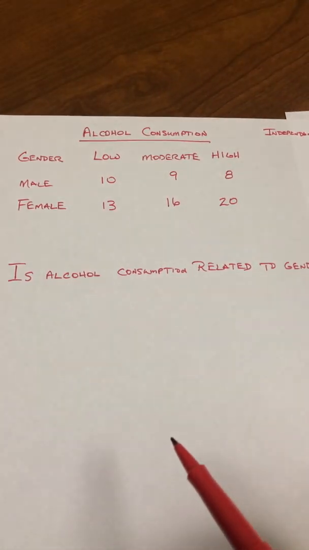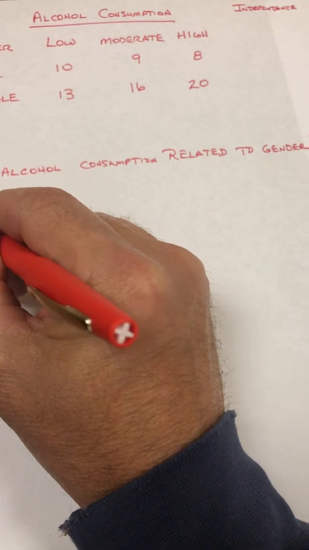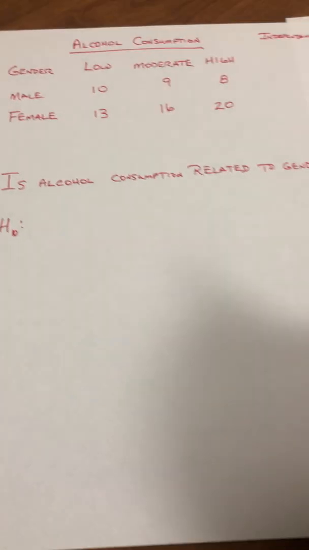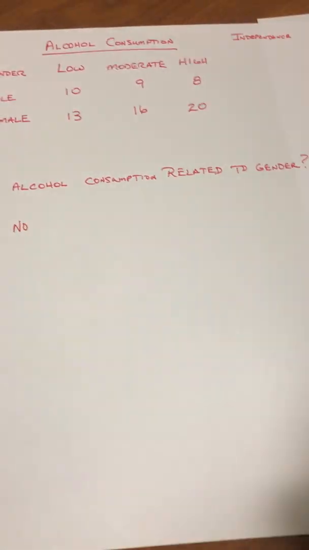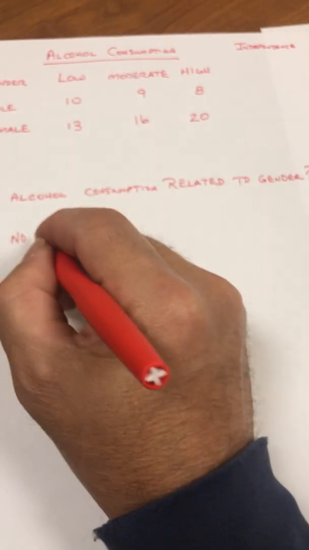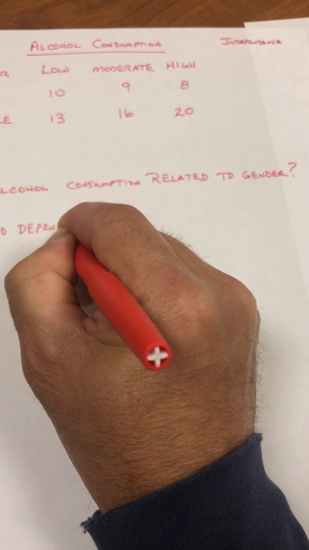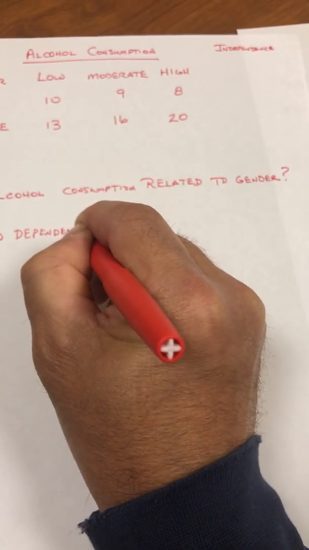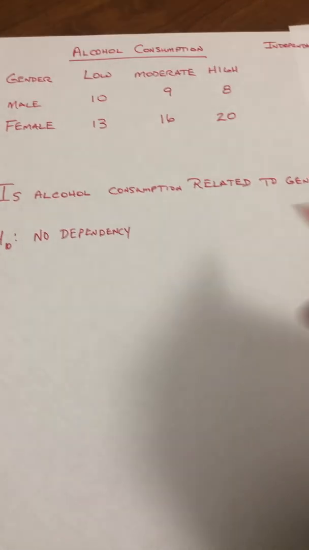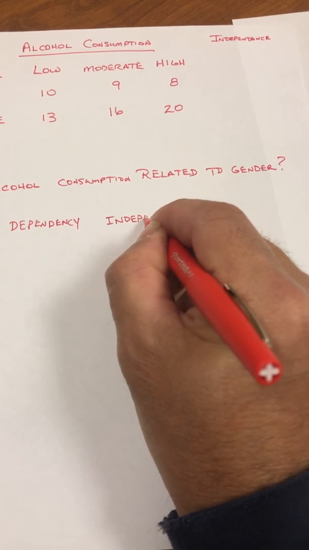We've gone out, we've collected our data on this idea, and of course the first thing I want to do is write my null hypotheses, and my null hypotheses is always going to include the word no. So there's no relationship here between the two of them. They're not related to each other, or there's no dependency between the two. And another fancy way of saying no dependency is that these are independent